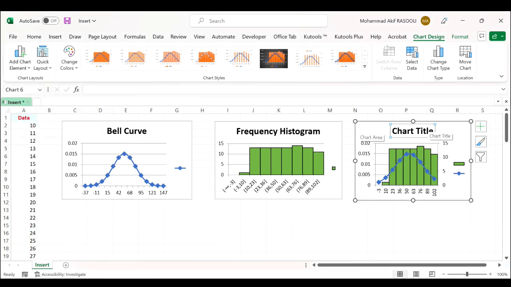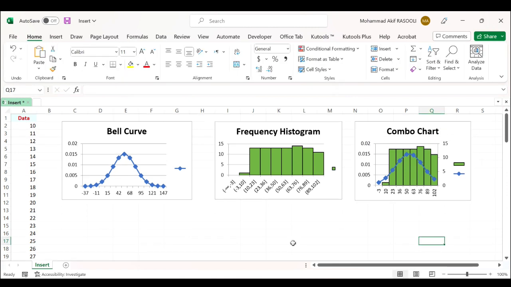In the chart title, type combo chart. As you can see, the 3 different types of the